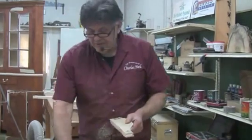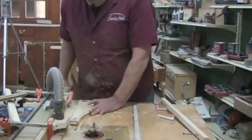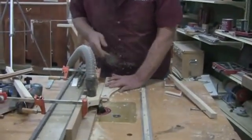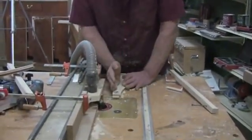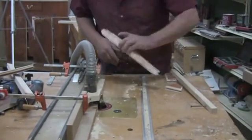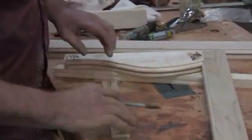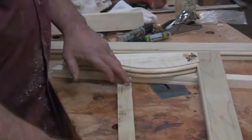If this was the table saw, I can draw it out and bring it in and make my cut, letting this piece go to the left of the blade instead of trying to rig it up and cut it this way. Got it, guys? Now what we have to do is cut our vertical mullion